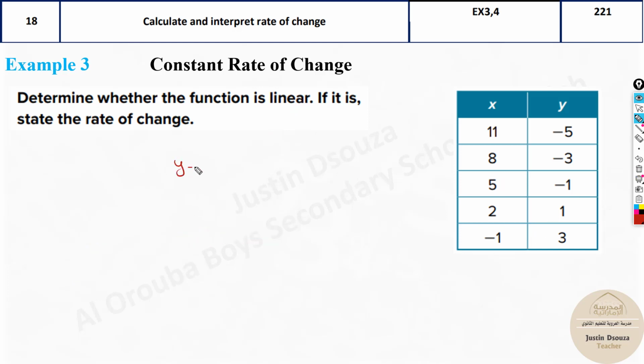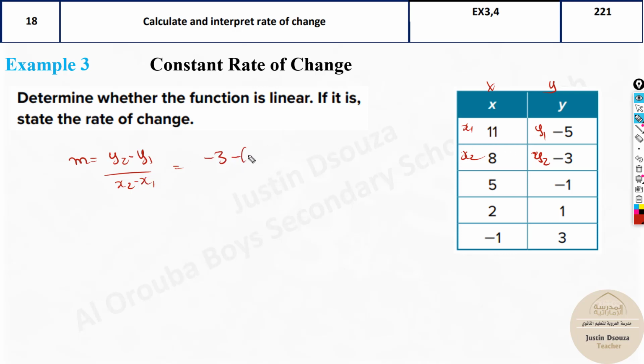Why? Because y equals mx plus b. The slope does not change every now and then. Now, if the slope is the same for all the points, then that's it. Here, what you need to do is use the slope formula. You have x and you have y. So this will become x1, x2, y1, y2. So basically, m can be given as y2 minus y1 divided by x2 minus x1. We can use this to find the slope, that is